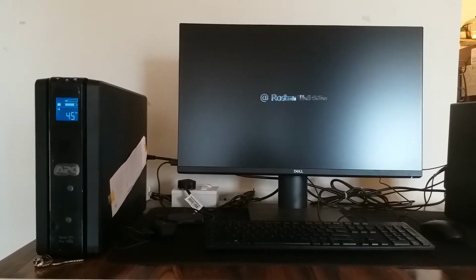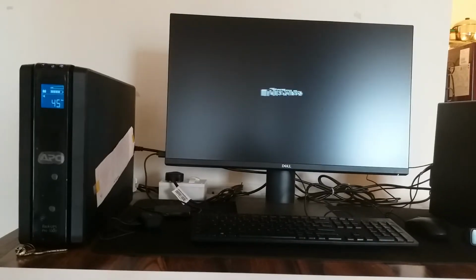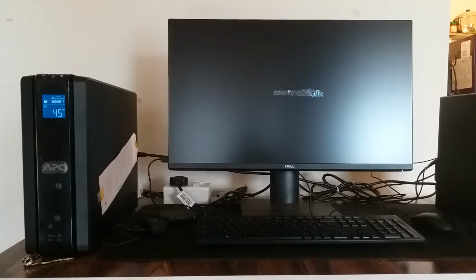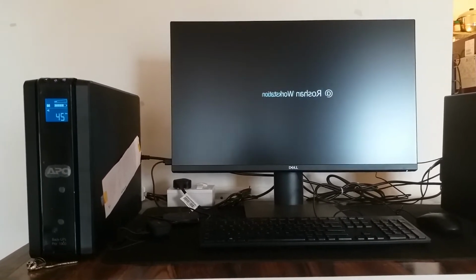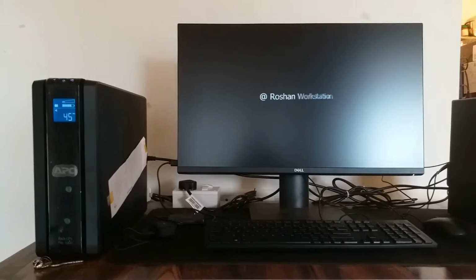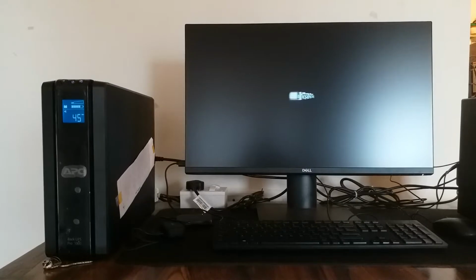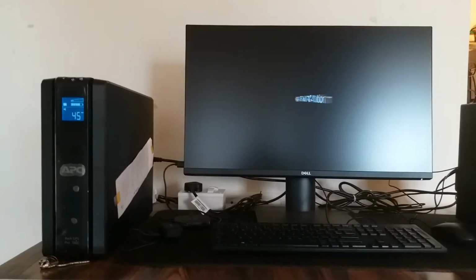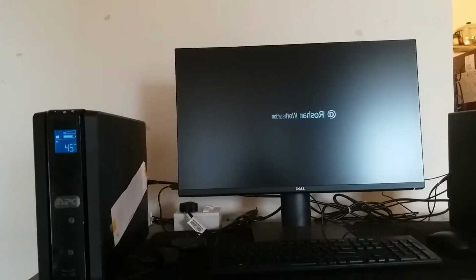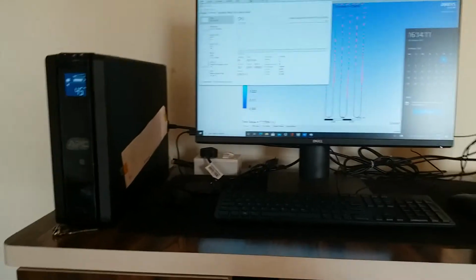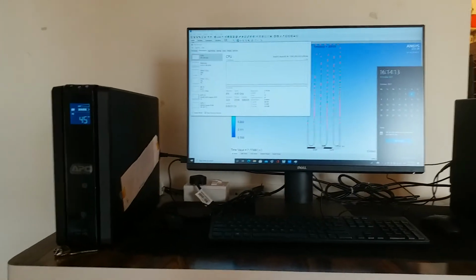We'll check whether it gives a backup till 45 minutes or whether the light comes earlier. You can check out the watch.